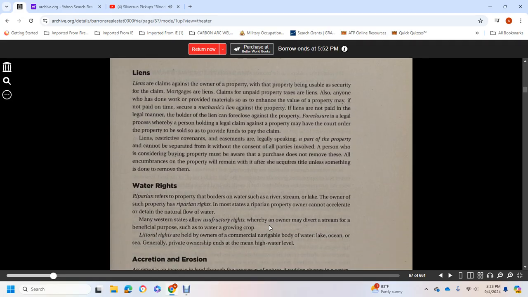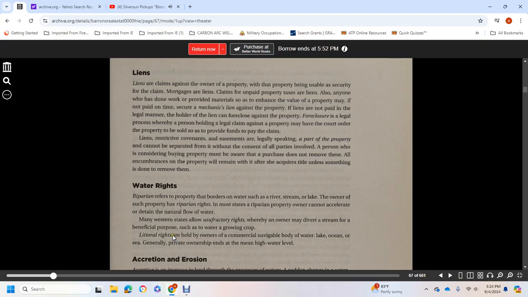Water rights. Riparian rights refer to property holders whose property borders water such as rivers, streams, and lakes. The owner of such property has riparian rights. In most states, riparian rights owners cannot accelerate or detain the natural flow of water. Many western states also use usufructuary rights, whereby an owner may divert a stream for a beneficial purpose such as